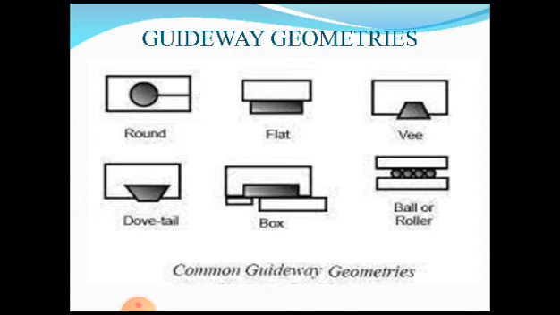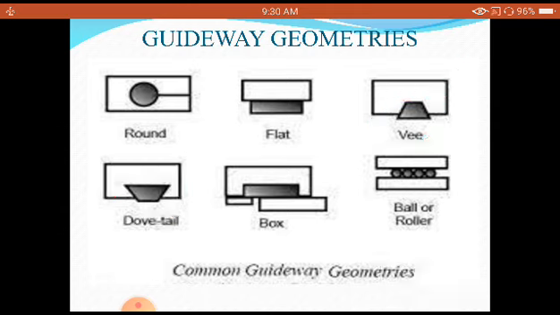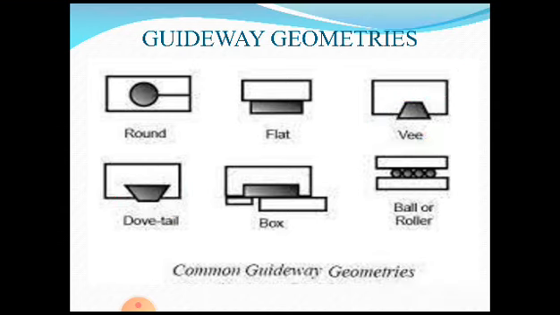That means whatever you are going to see down here, this is called an inverted V guideway, and this is also called a dovetail guideway, which are commonly used on a lathe bed, on the top of the lathe bed, on which there is a movement of the carriage or the tailstock, as you are going to see here.